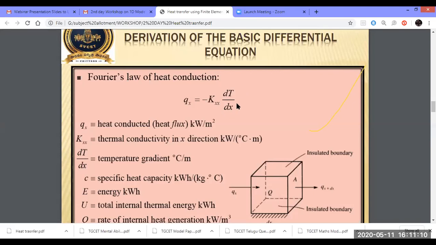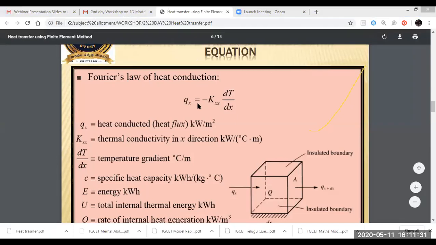Now, as per these Fourier's law statements, we convert them into mathematical form. Q equal to k into dT by dx. Here A is one, per unit area, we consider per unit area. That's why they didn't mention any area here. Q equal to k into dT by dx, where k is the constant value.